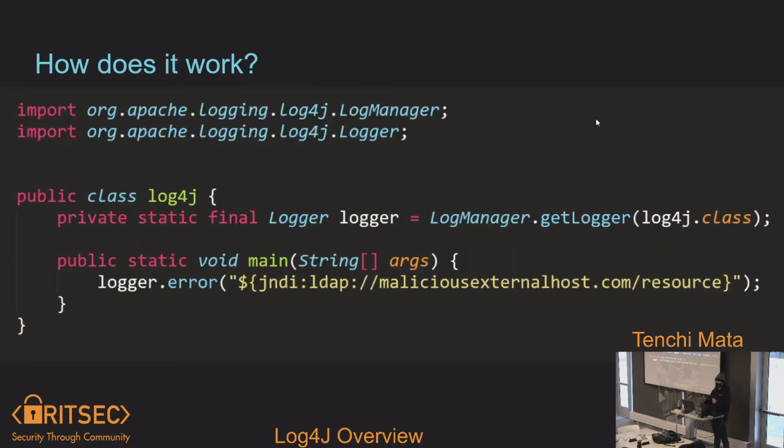So how does this vulnerability work? Well, Log4j is your logging module that you attach to Apache applications. And the specific code that you see on screen is the vulnerable